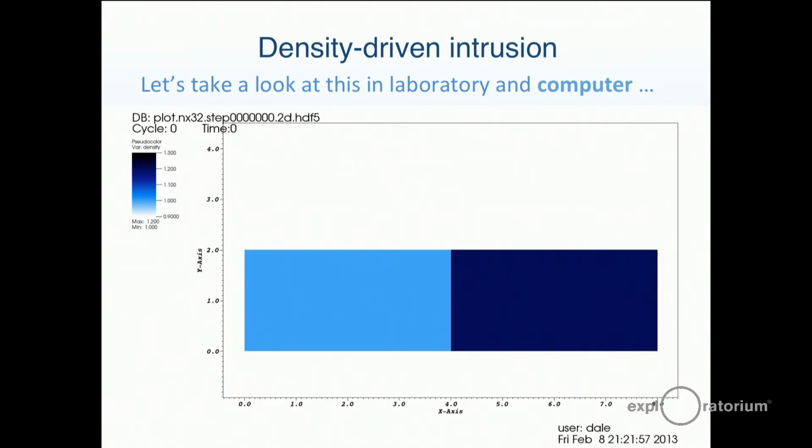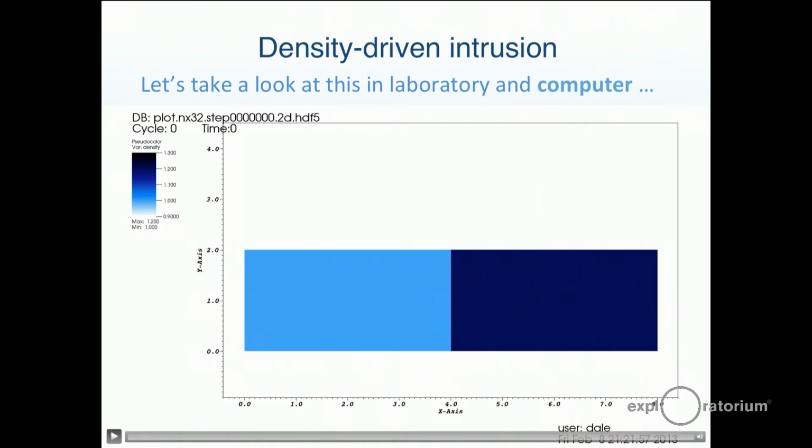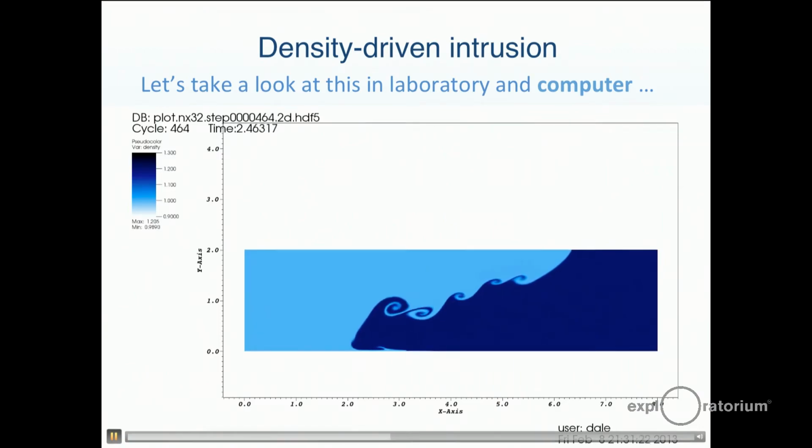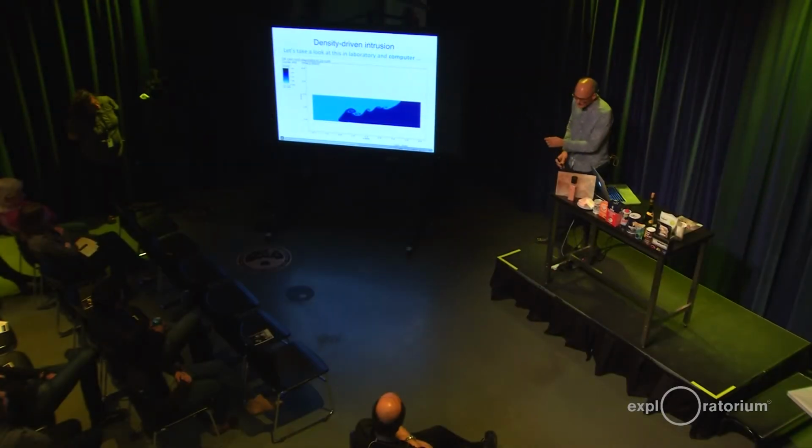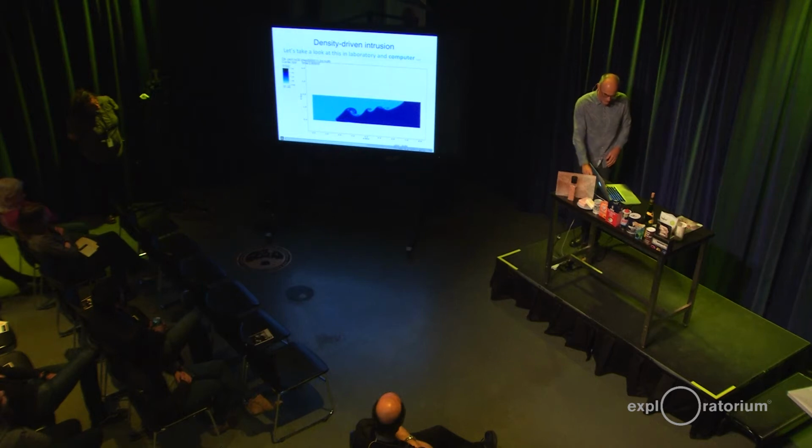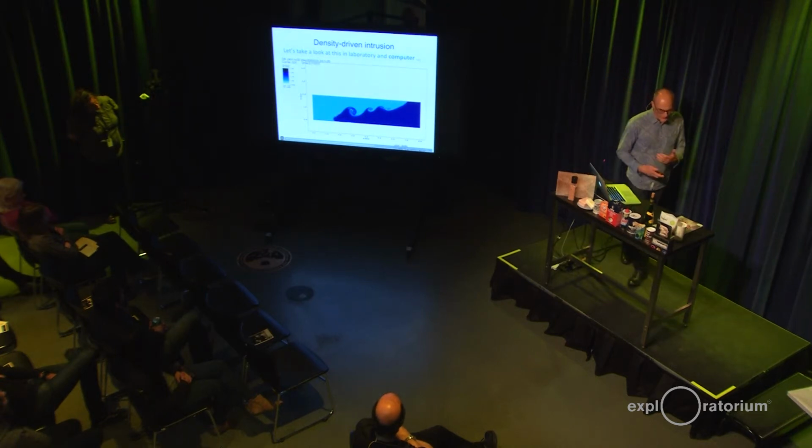In this case, it's about 20 parts per thousand salinity difference, the equivalent. So it's more like seawater, done in a computer model, and going a little slowly here, but you can see the dense water pushing in underneath, and as it does that, you see little roll-ups and little instabilities developing. You can also see the fresh water pushing out on top. So this would be the water going out of Golden Gate into the ocean as a plume, and that would be the salinity water going in. And you can see that the two mix together, and that creates a whole lot of other interesting stories.